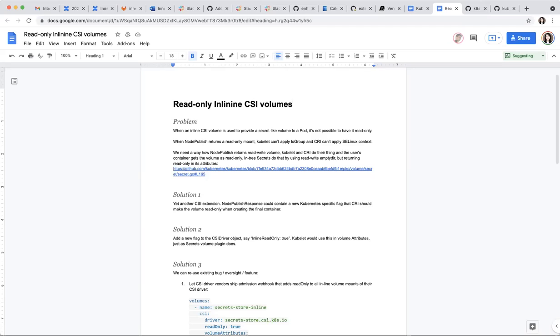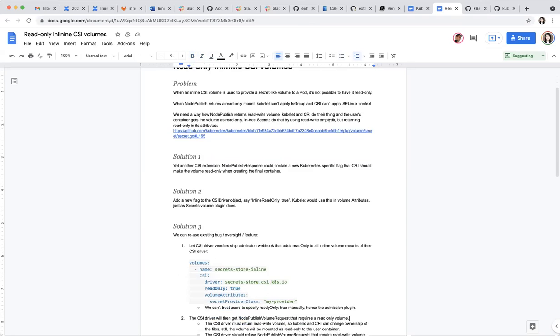So this is like a CSI secret driver handling secrets. We have some existing such driver? Yes, the one linked in the document. Let me find it. Yeah, at the very bottom, the second line from the bottom, there is a link to an existing CSI driver that ignores it.